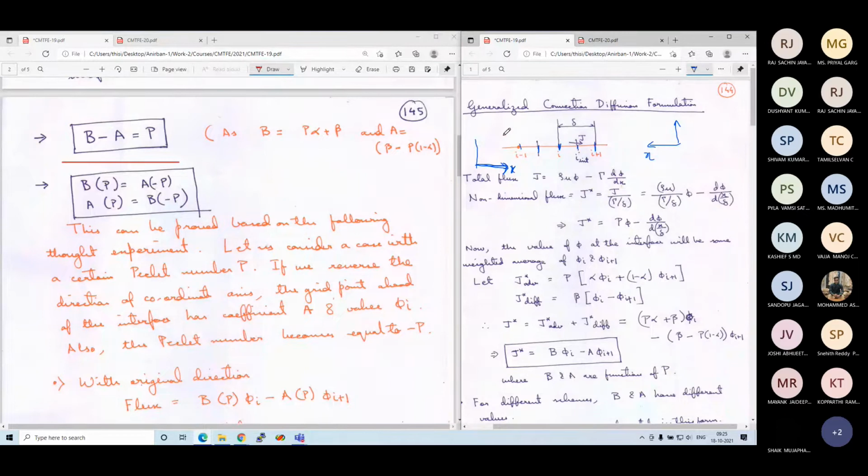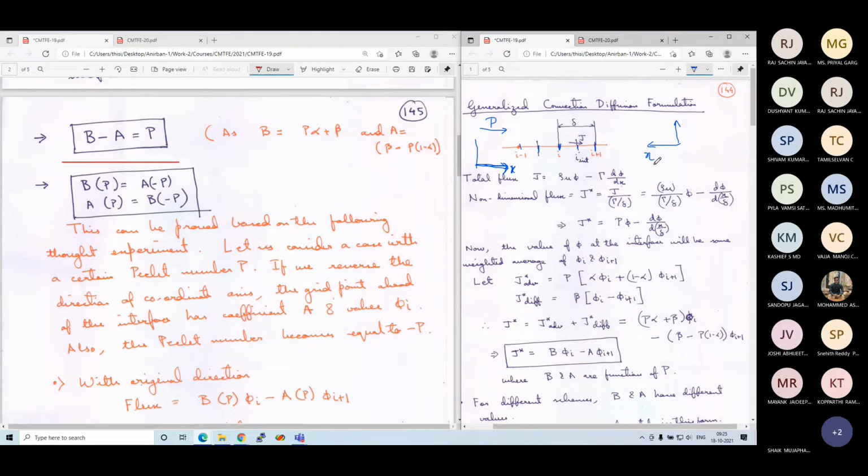Okay, and there is a flow with a Peclet number, a certain flow which is occurring from this direction with Peclet number P, in this coordinate axis. Because Peclet number will depend on the coordinate axis, right? So it is dependent on the direction. What is Peclet number? Rho u by gamma by delta. So u will depend on the direction of the coordinate axis. So u positive in this coordinate will be u negative in the other coordinate. So we are assuming this coordinate axis, so u is positive, Peclet number is positive. Okay, a certain Peclet number we are considering.